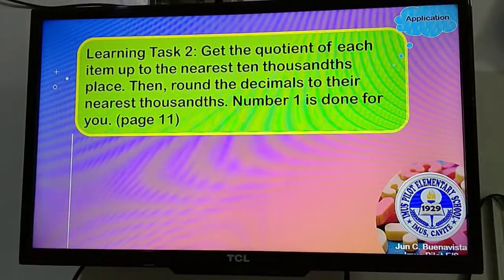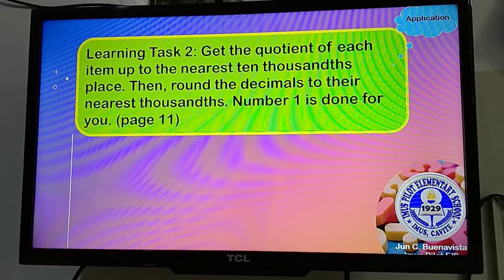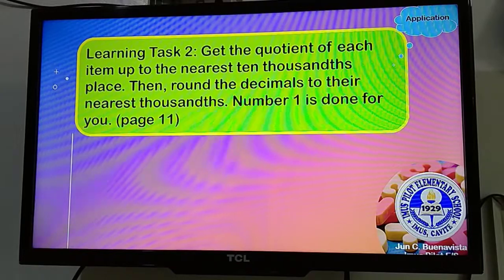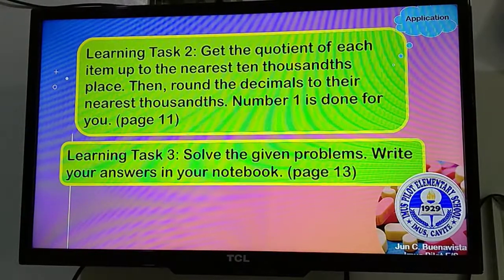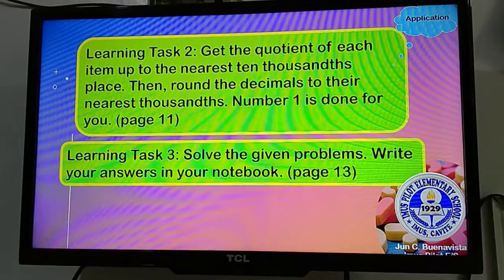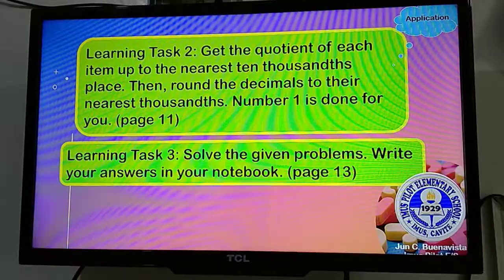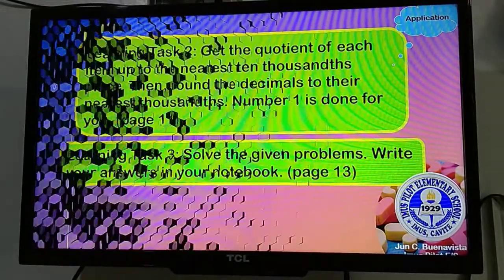Get the quotient of each item up to the nearest 10 thousandths place. Then, round the decimals to the nearest thousandths. Number 1 is done for you. Okay, on page 11 of your math module. Then, learning task 3, solve the given problems. Write your answers in your notebook on page 13 of your math module. Now, for your quiz,